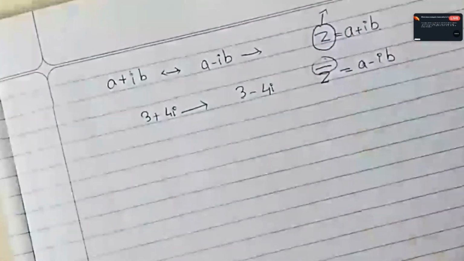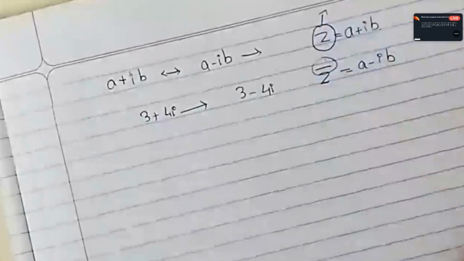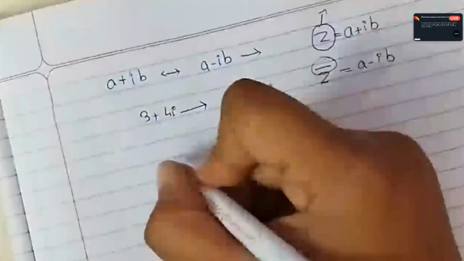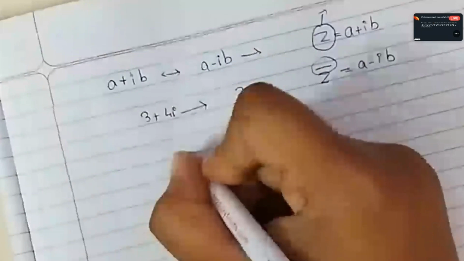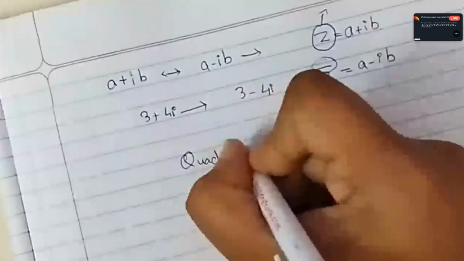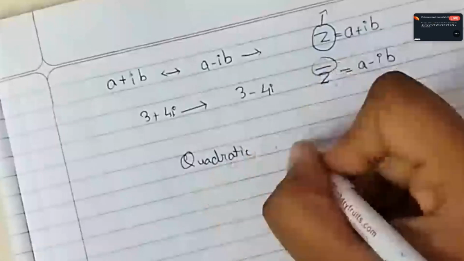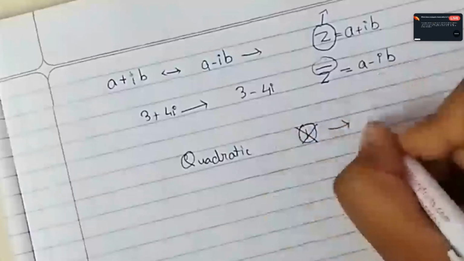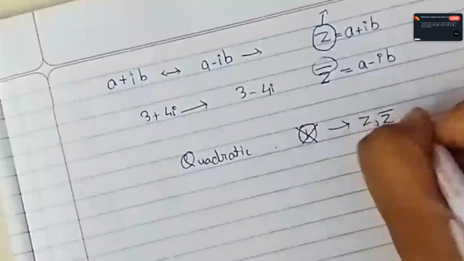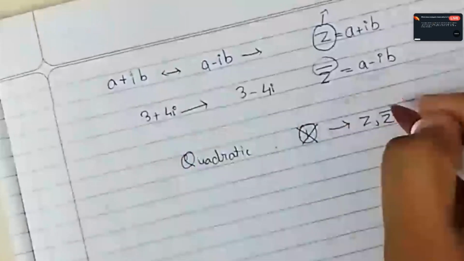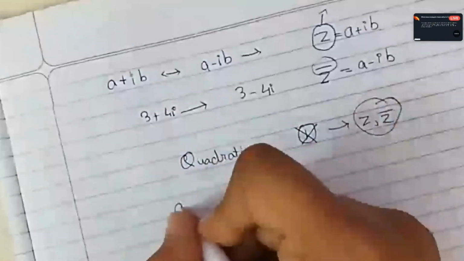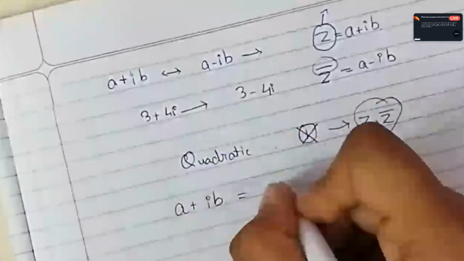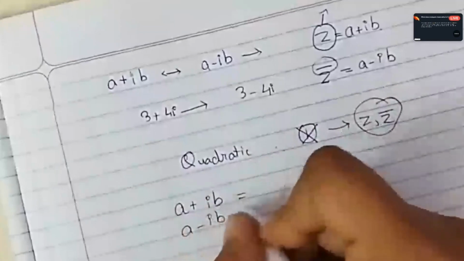And why it is important to have a definition for this term is because of how complex numbers generally come into play. If you are looking for a solution to a quadratic equation or any equation in general, there is not a single answer. Never. It always comes in a pair of z and z conjugate, because if there is an equation in which a plus iota b is a solution, then a minus iota b is also going to be a solution.